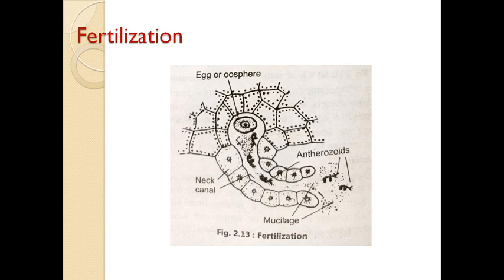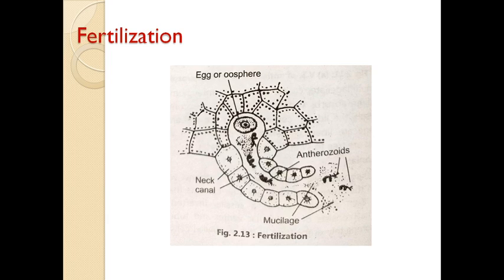When the archegonia mature, the venter canal cell and the neck canal cells disintegrate, or dissolve, to form mucilage substances. The latter absorbs water and swells. As a result, the lead cell or cap breaks open and the mucilage oozes out. The mucilage contains some chemical substances which attract the anthrazoids. Therefore, fertilization takes place by the process of chemotaxis.